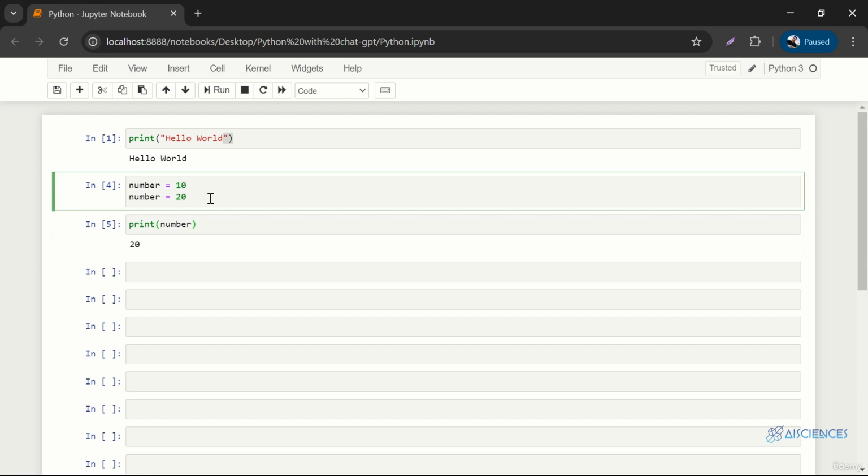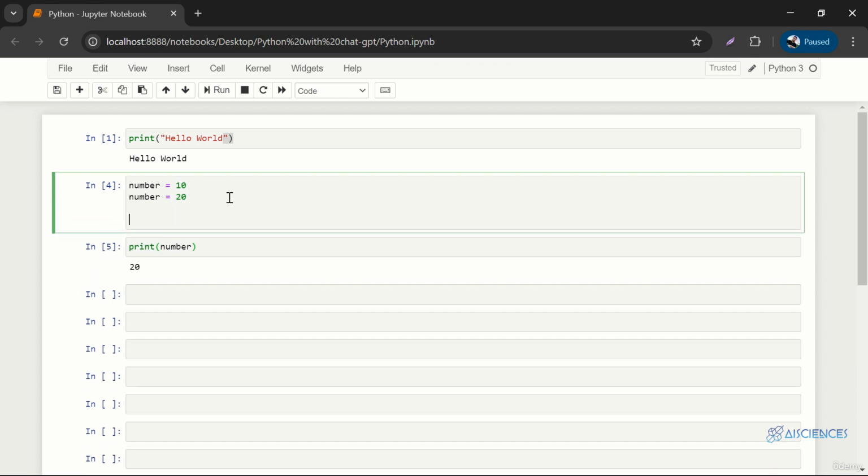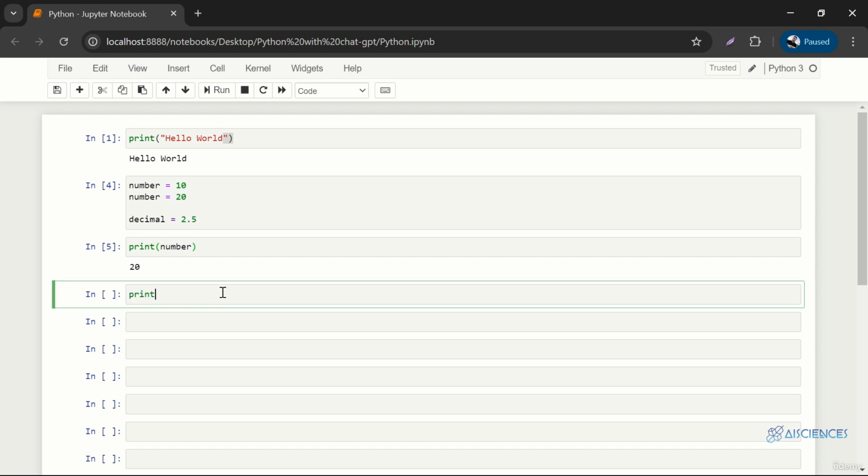So variable values can be updated as well. Whichever value we assign to a variable last will be the value of that variable, right? Okay, great. Let's go ahead and create another variable that is going to be a floating point variable. Let's call it decimal, and the value is going to be 2.5, right? And now I'll say print